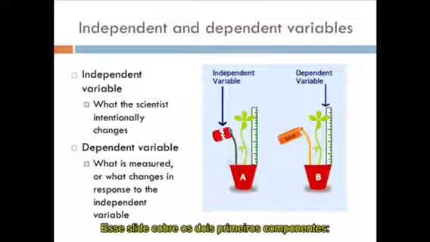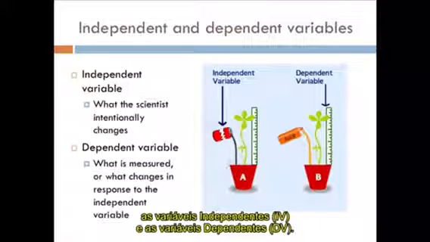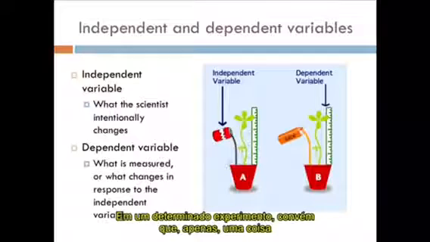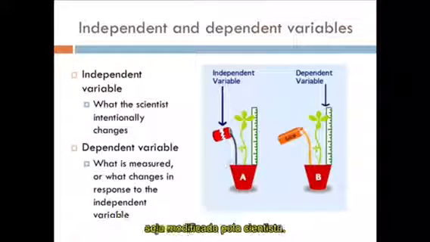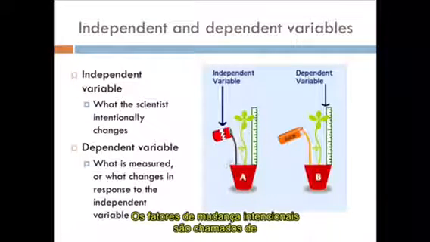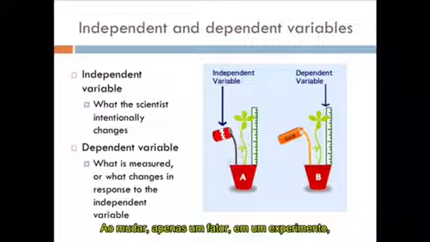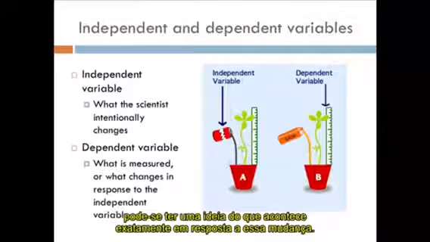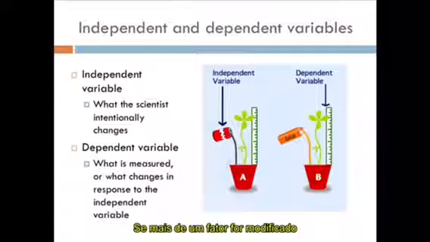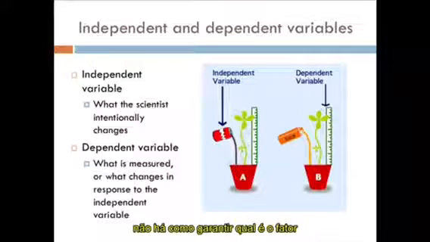This slide covers the first 2 components, the independent and dependent variables. In a given experiment, there should be one single thing that is modified by the scientist, and one particular thing that's being measured. The intentionally changed factor is called the independent variable, or IV. By changing just one factor in an experiment, the experimenter can get an idea of exactly what happens in response to that change. If more than one thing is modified at a time, there is no guaranteeing what is responsible